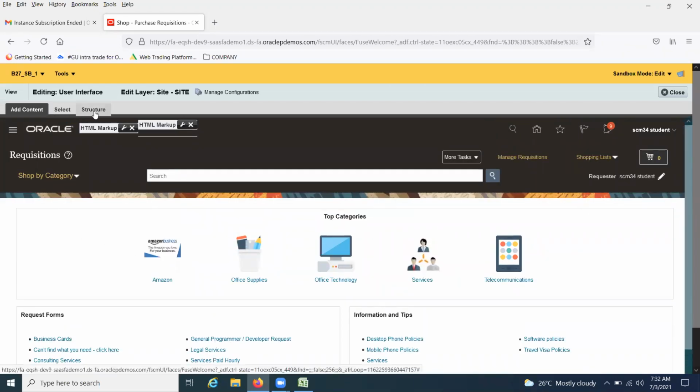So if you are here in structure, right, you cannot move from one page to another page. This structure will show you that page's properties. So go to add content. If you want to move to, maybe, inventory, yes, you can do that. So as long as you are in add content, this page, right, application look